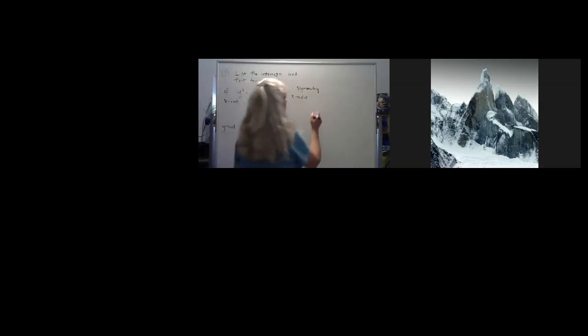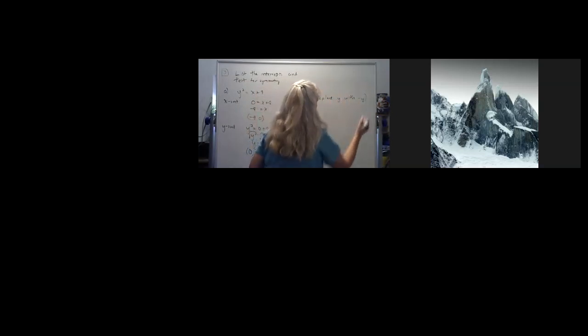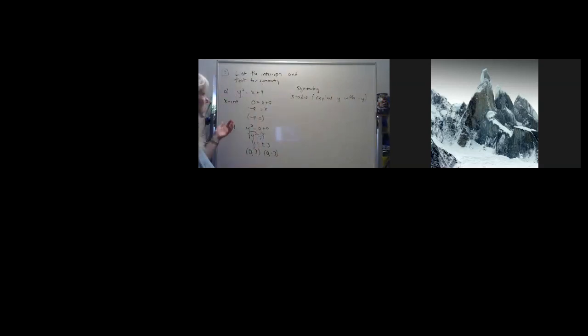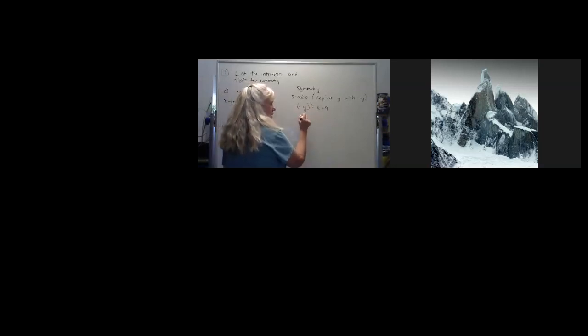So again, what we're going to do is replace y with negative y. So you always replace the opposite letter, which is really nice because it mirrors what we did over here for the intercepts. To find the intercepts, we replace the opposite letter with 0. Here, we're going to replace the opposite letter or variable with a negative y. So in our equation, we're going to have a negative y squared, and that's going to be equal to x plus 9. So all I did is I took my beginning equation, I replaced that y with a negative y. Now I need to clean that up. So a negative y squared is a positive y squared. So I end up with a y squared